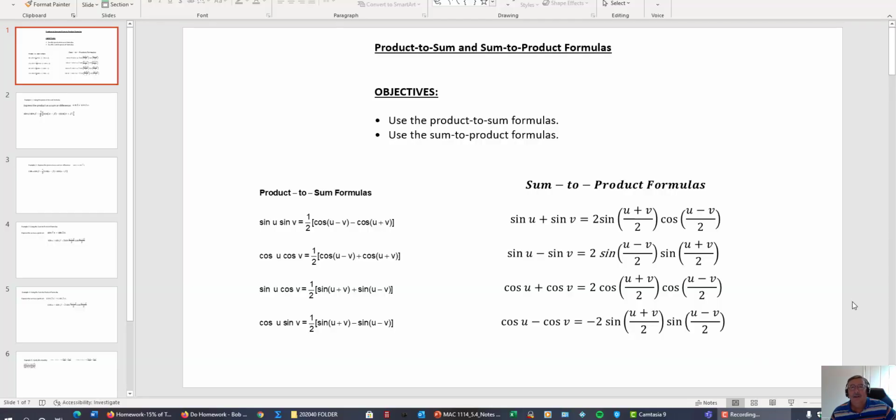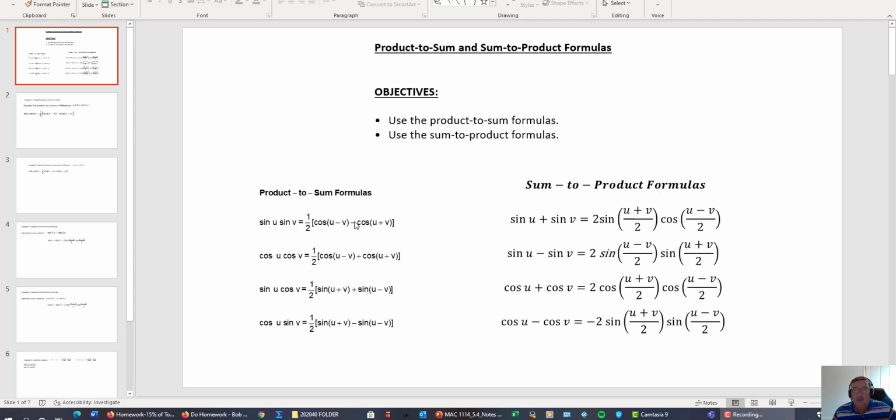In this instructional video, we're going to talk about what is called in trigonometry the product to sum and the sum to product formulas. So that's going to be our objectives, is to use these formulas here. So you can see why they're called this. On the left side here, we have the product of two trigonometric creatures with angles involved, sine of some angle u times the sine of some angle v, and you can take this product multiplication and rewrite it as addition